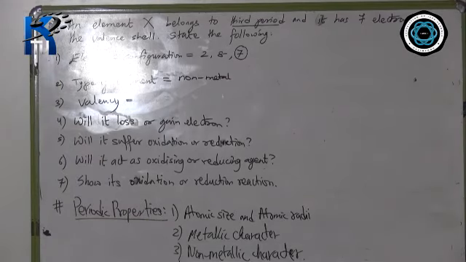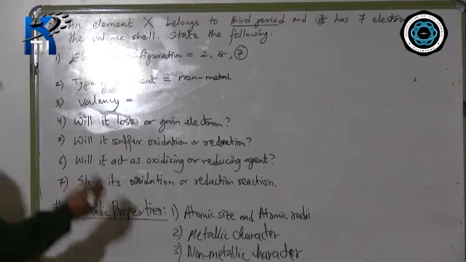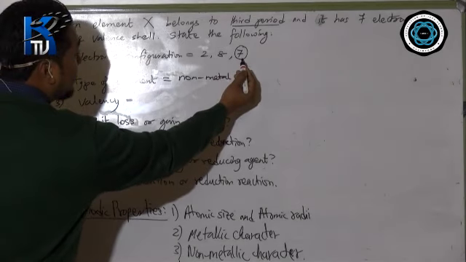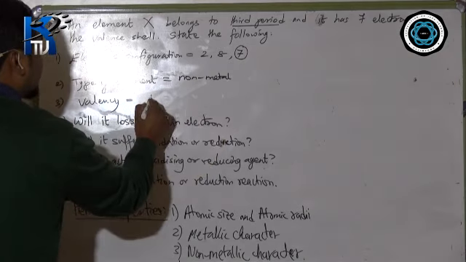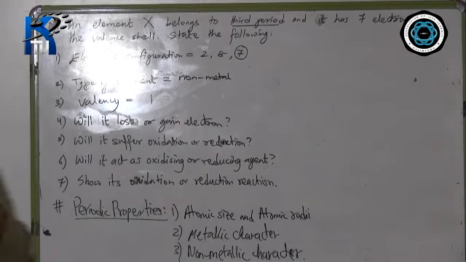Non-metal always gain electron, because I always compare it with bad person, so they always snatch electron from others to become octet, to become happy. So it can gain how many electron to become octet? Already it has 7, so it can gain 1 electron, so its valency is 1. Gaining is bad quality, so the sign will be minus. So overall valency of chlorine X will be minus 1.